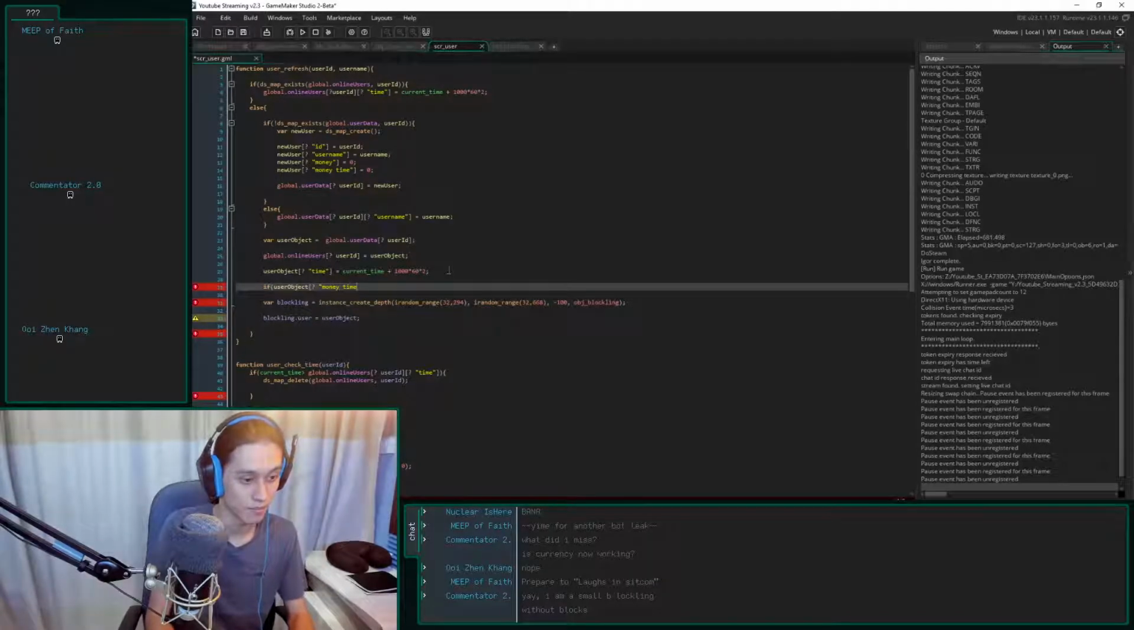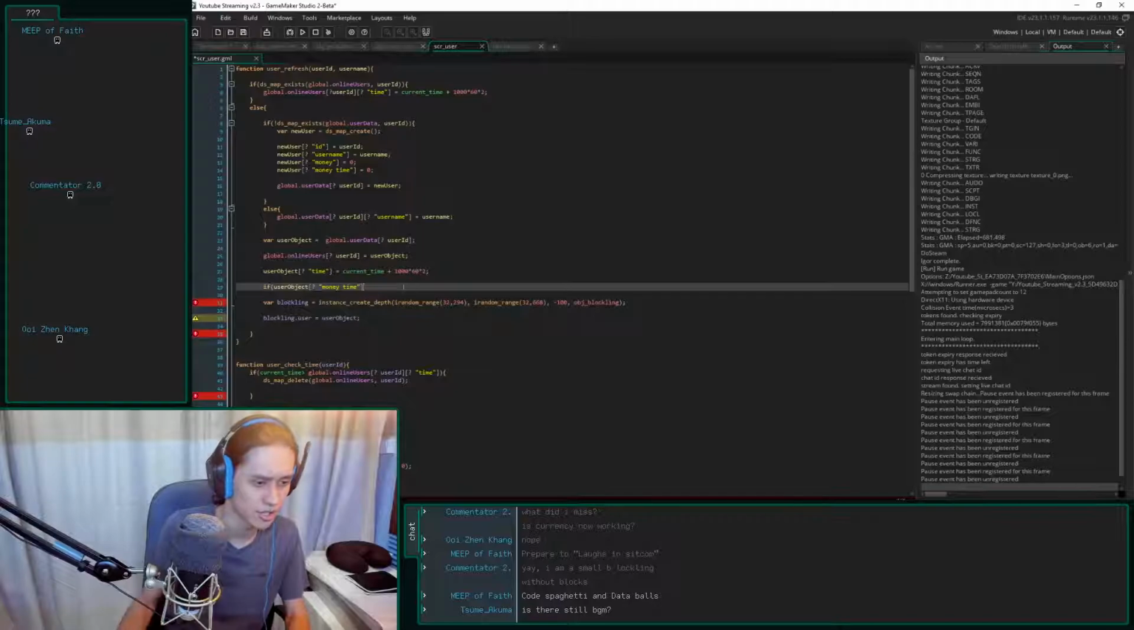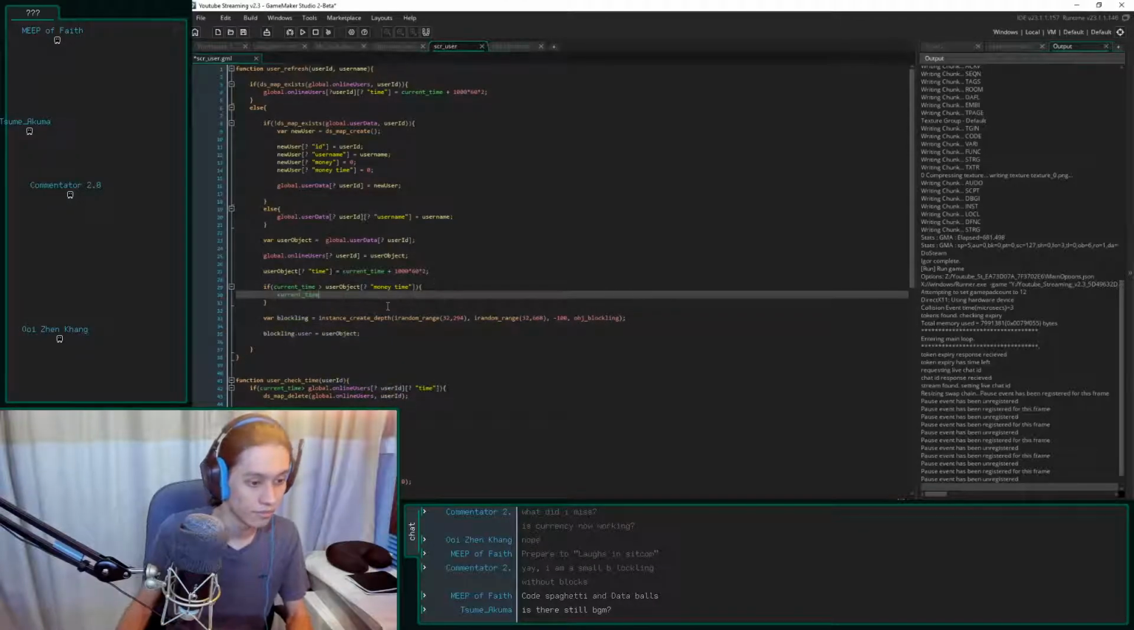Money time is greater than the current time. No, if the current time is greater than the money time, that's right. If the current time is past the time that I'm setting here, then I'm going to...